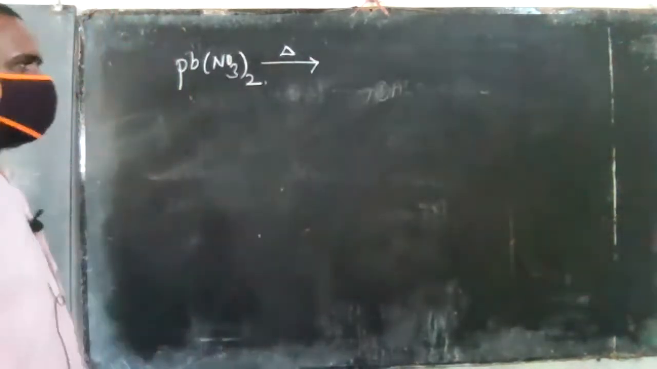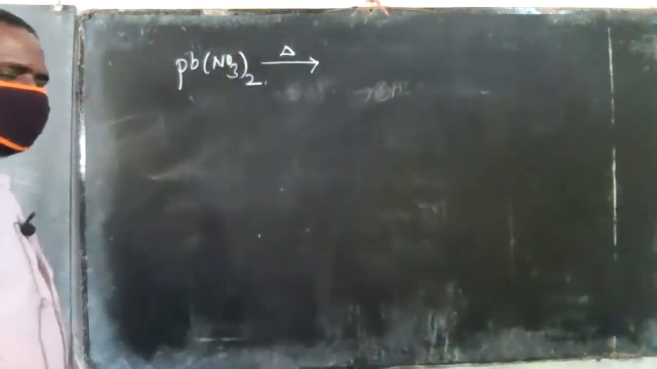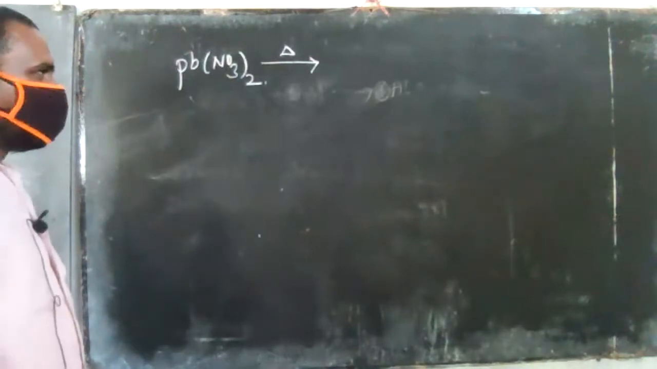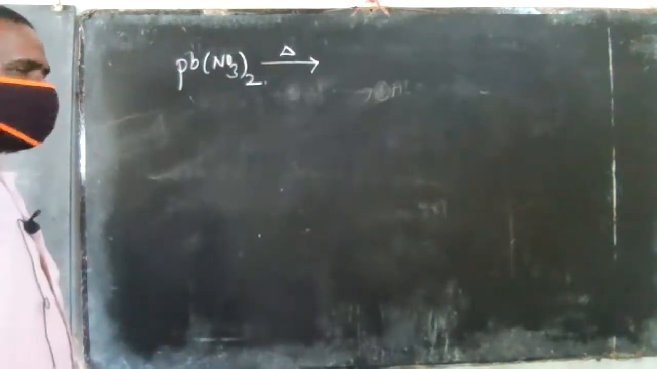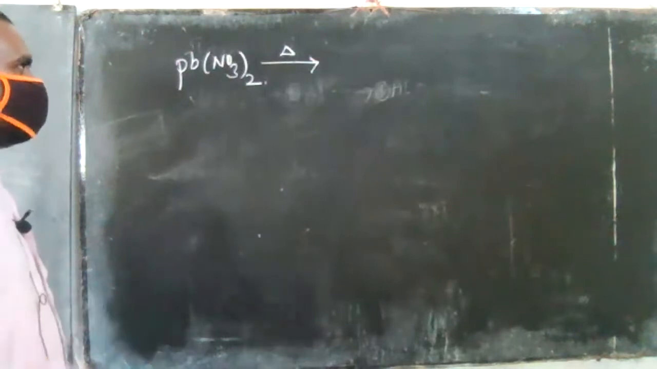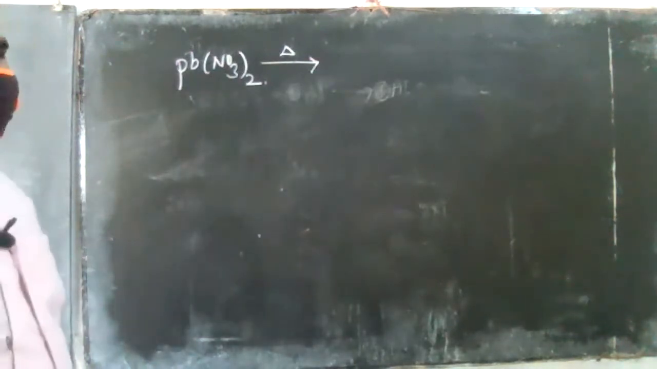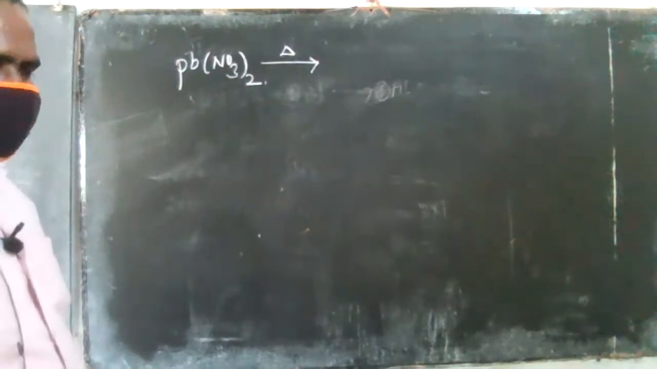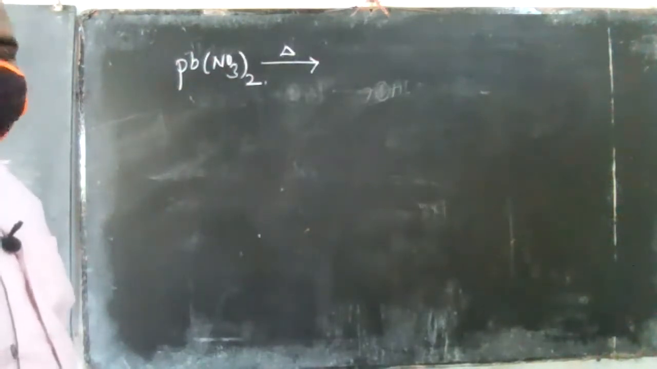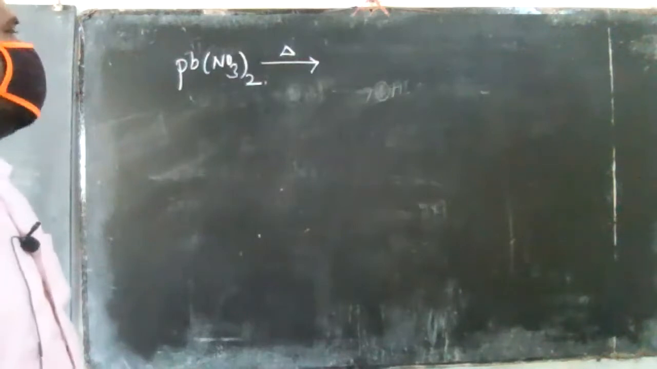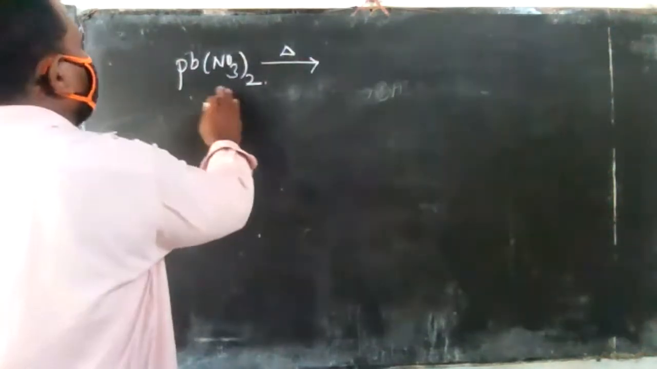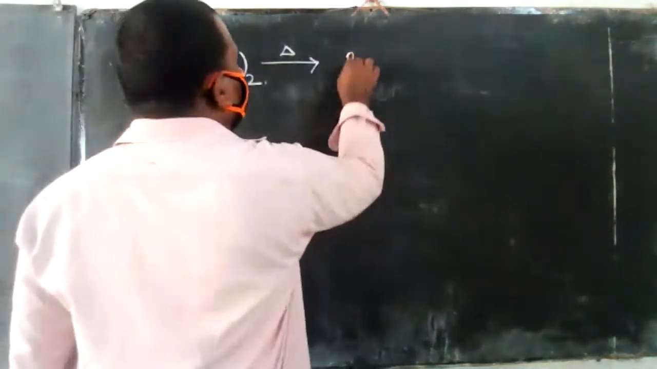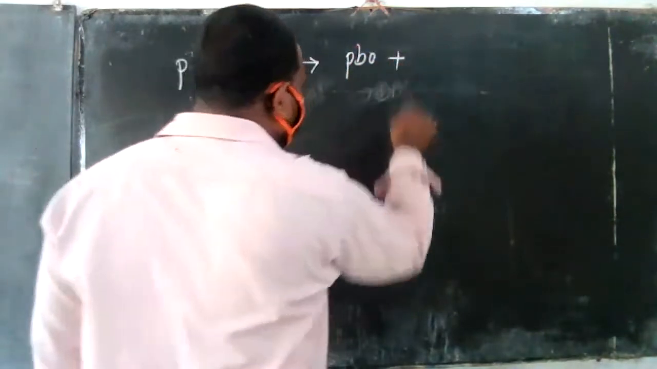Are you understanding? Heat is utilized beforehand. Without heat the chemical reaction does not occur. So heat is utilized and the chemical reaction goes on to form new substances. That is called an endothermic chemical reaction. So lead nitrate, by the heat, will form lead oxide